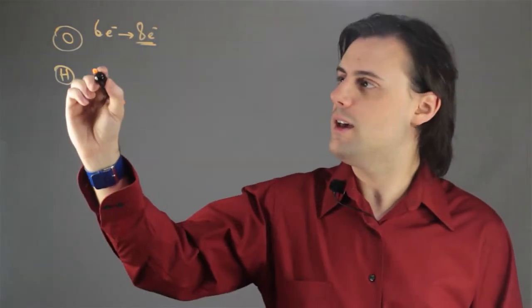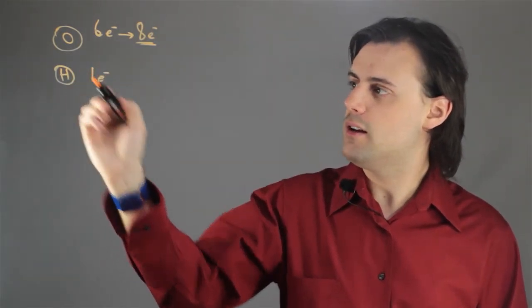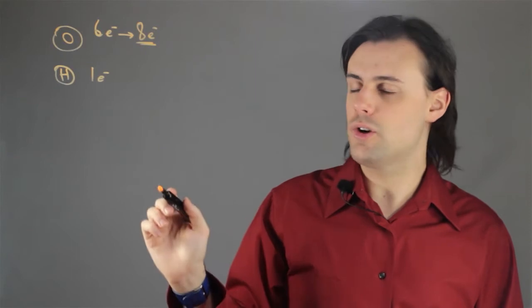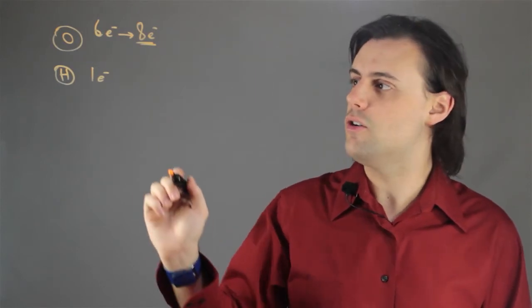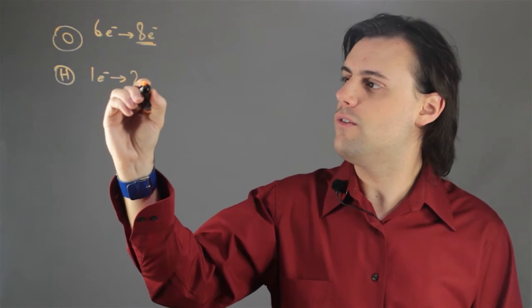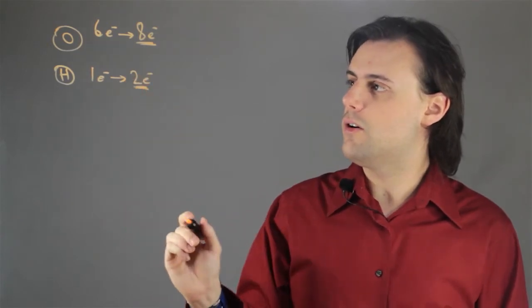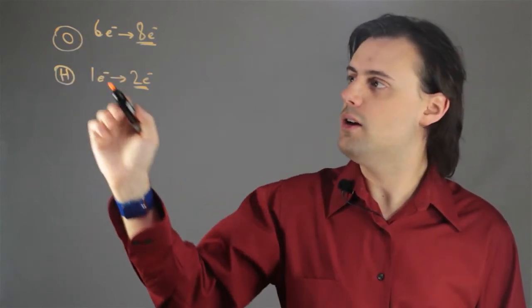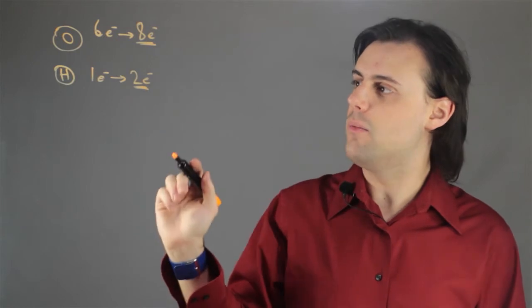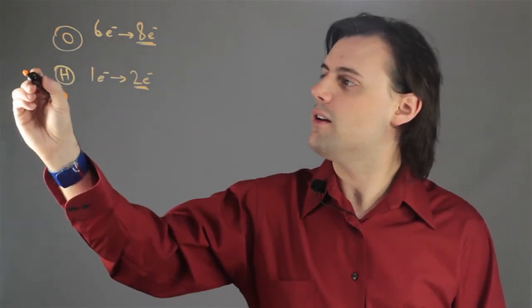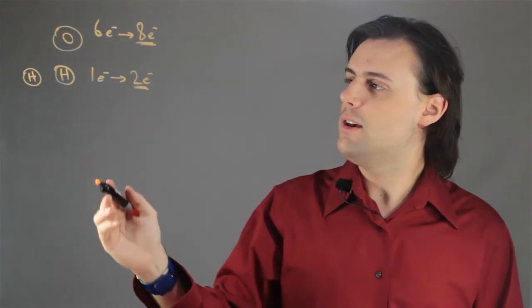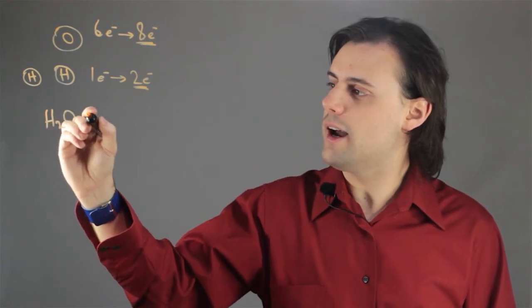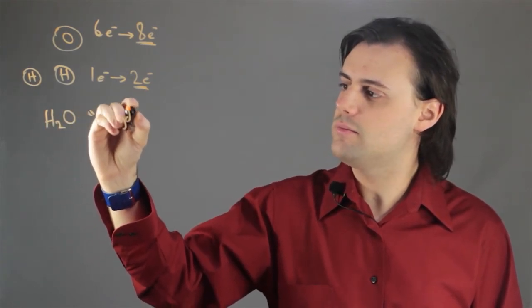Likewise, for hydrogen, it has 1 electron orbiting the nucleus. It only has 1 electron. But in order to have the electron configuration of helium, an inert noble gas, it needs to have a total of 2 electrons. So there can be a mutual sharing of electrons between these two atoms, and that molecule requires an additional hydrogen atom, and of course this is known as H2O, or dihydrogen monoxide,